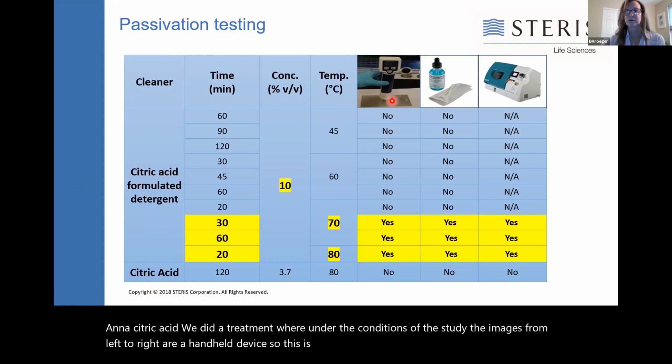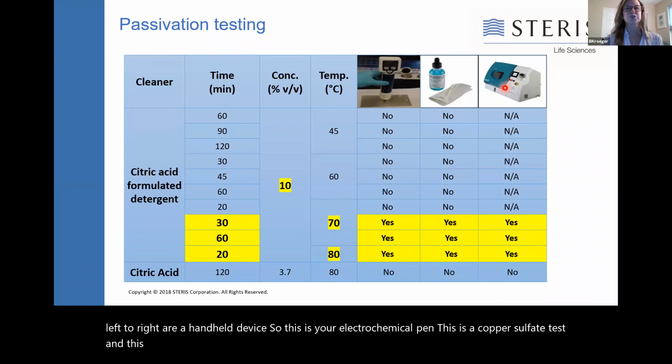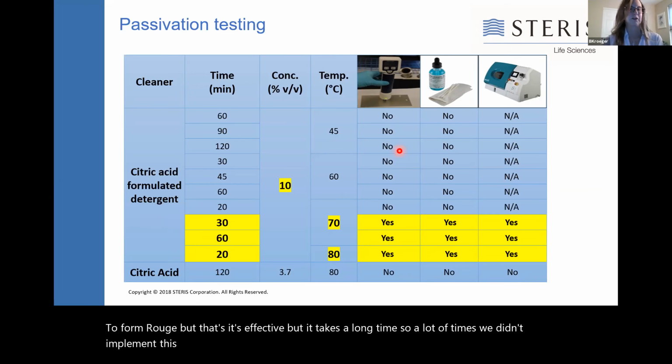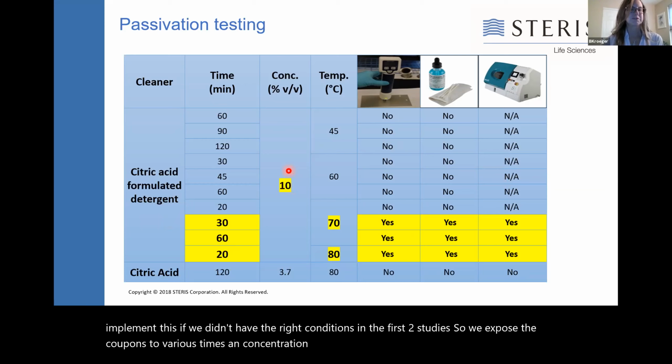This is a copper sulfate test, and this is a salt spray cabinet, which is essentially spraying your stainless steel with the salt and waiting for it to form rouge. But it's effective, but it takes a long time. So a lot of times we didn't implement this if we didn't have the right conditions in the first two studies. So we exposed the coupons to various times and concentrations,